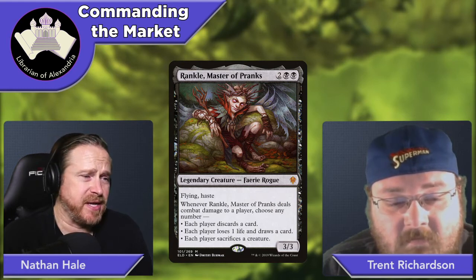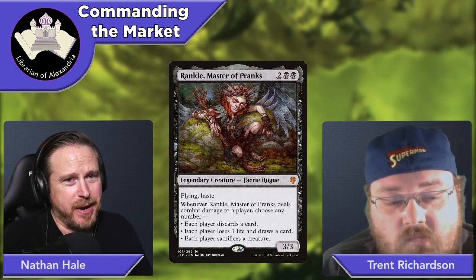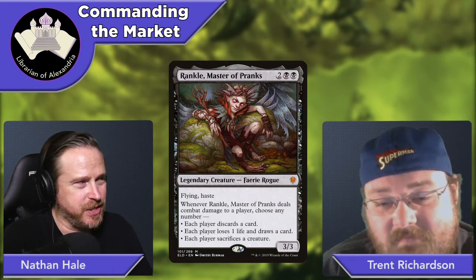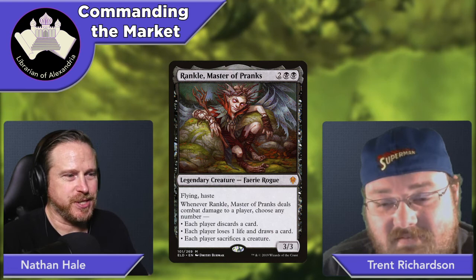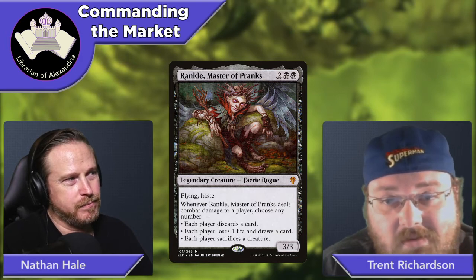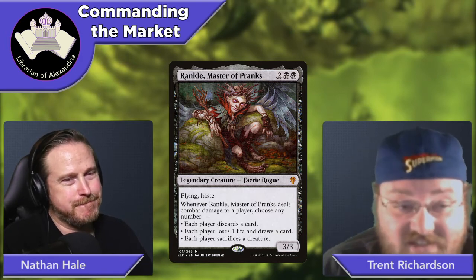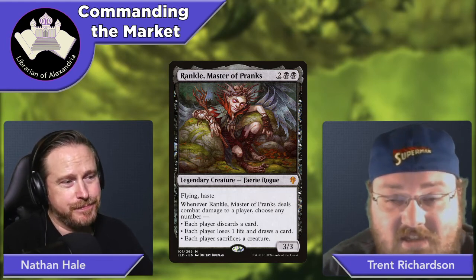And if they had Swords open, they probably would have Swords to Plowshares already. So you drop Rankle out there, you fly in, and now your opponents are each discarding a card and sacrificing a creature. This is a recurrable nightmare if you're running Tergrid. Yeah, if it's not dealt with in the first turn, as soon as it hits the board, because it's got haste. And you got Tergrid out,